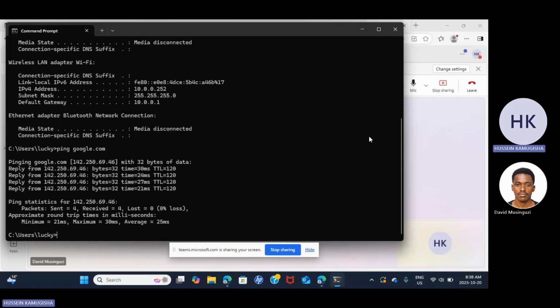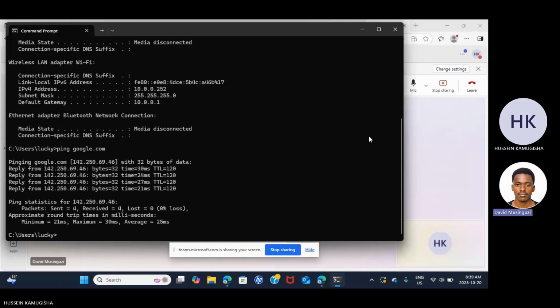If I trace to Google, it would show me a list of all the routers or servers I would jump on before I reach Google.